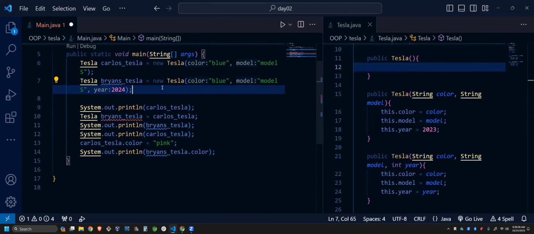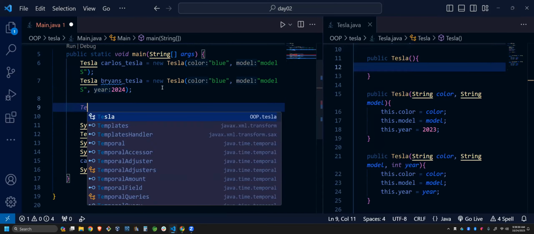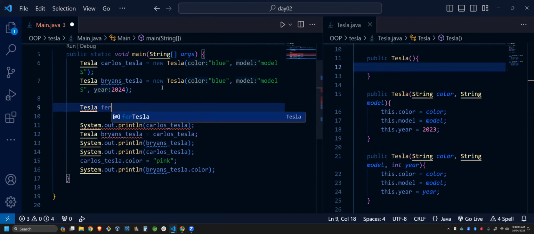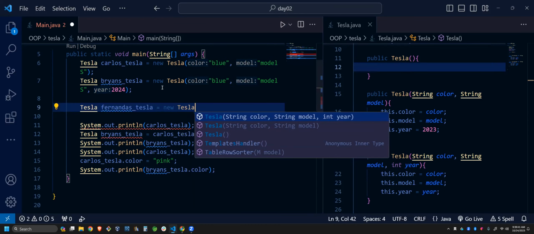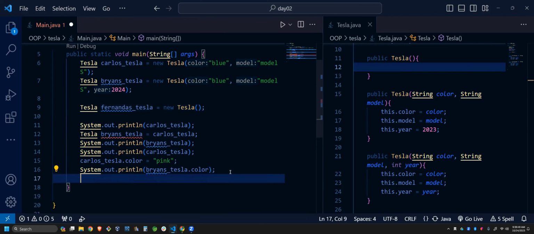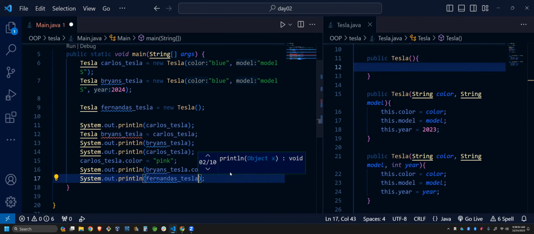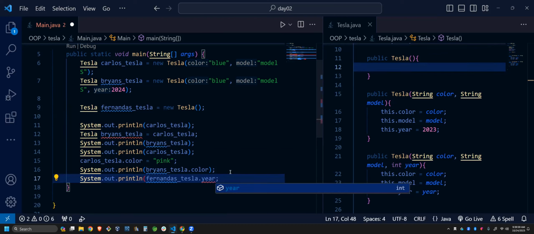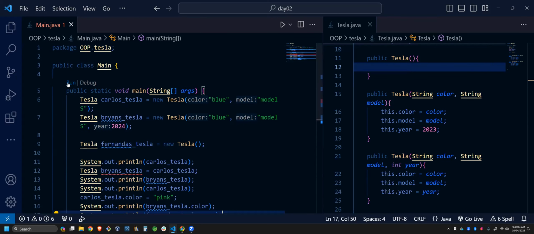So if I make another Tesla, I want to spell your name, Hernandez. What year is your Tesla going to be? 0. Yeah. Dot year. Turn that caps lock off. Tesla year. Cool. So if I run this,